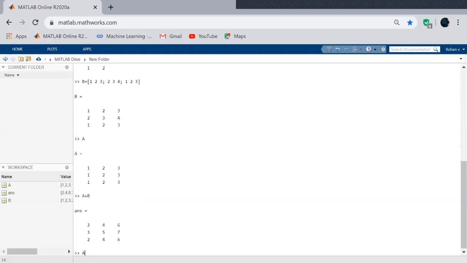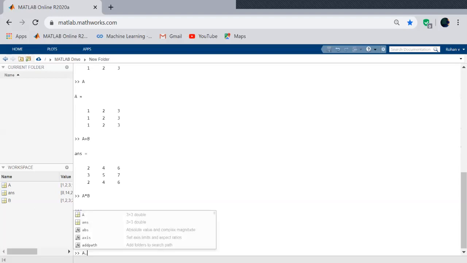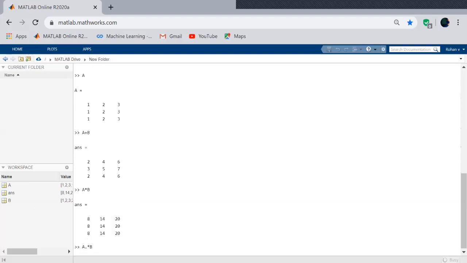We can also multiply these matrices using standard multiplication. And if you want to multiply each element with the corresponding element, we can use dot, then the multiplication symbol, and then B. What it does is basically it individually multiplies each element. So 2 is multiplied with 4, 3 is multiplied with 6, 1 with 3, 2 with 5 similarly.